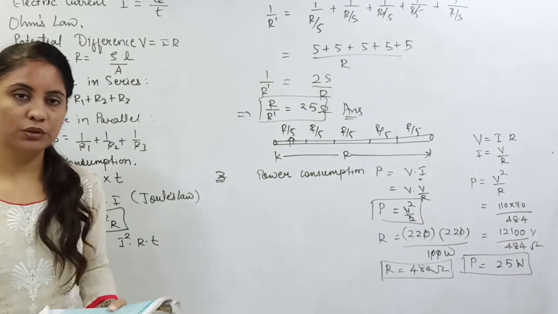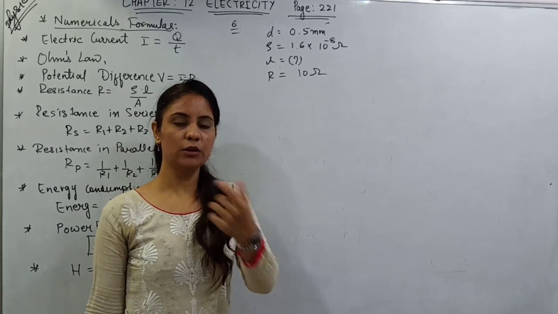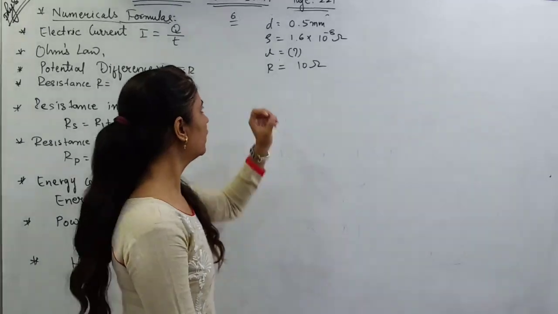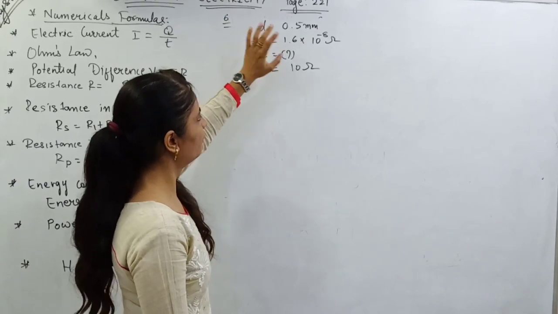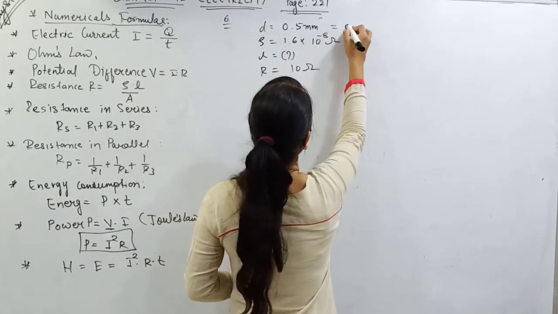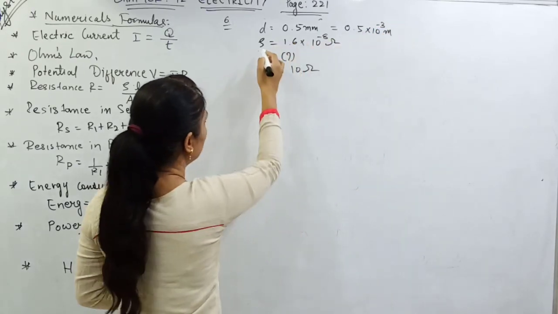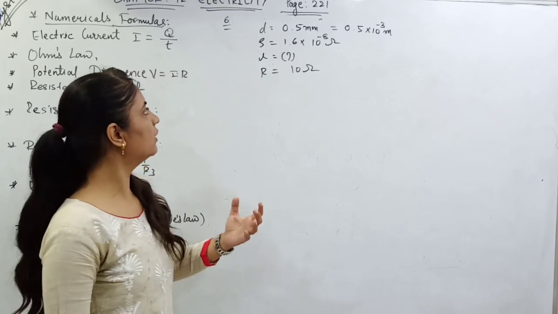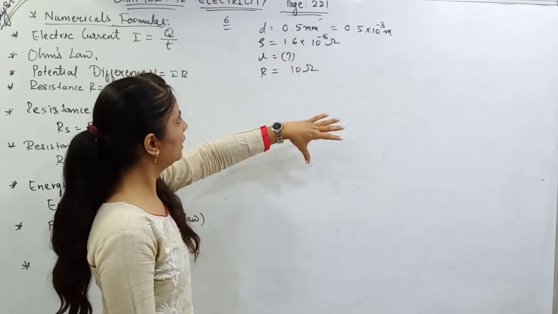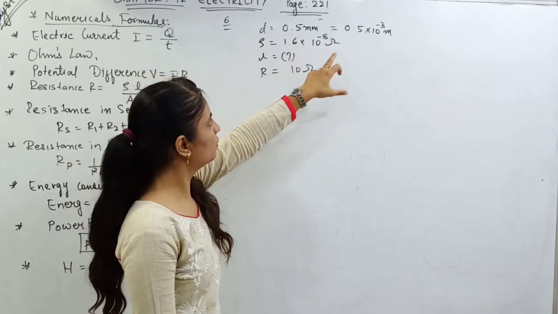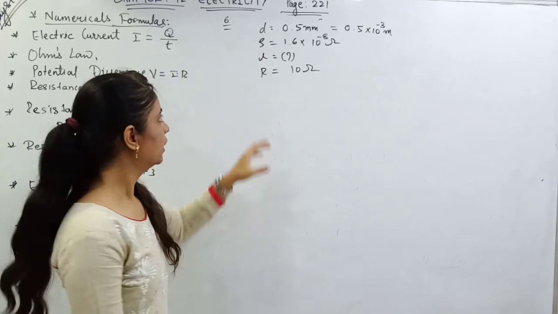Just moving on with the fourth one. If I read it, you can also have the textbook, you can also read it. So some values are given for the wire. A conductor is provided to you which is having the diameter 0.5 millimeter. So I can write its value as 0.5 into 10 raised to minus 3 meter. Next is the resistivity of the wire of that material, which is given to you as 1.6 into 10 raised to minus 8 ohm meter. The length of the wire is what we have to find out.